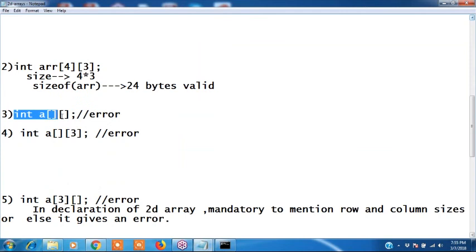Third one. Without mentioning a size, we cannot declare int a of, of. This is invalid.